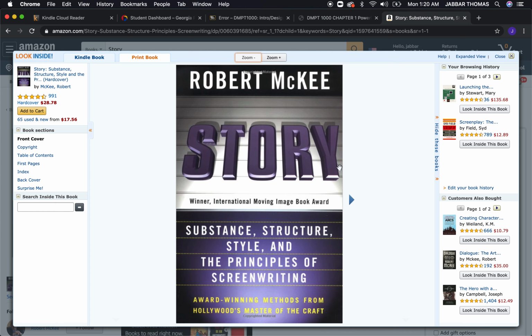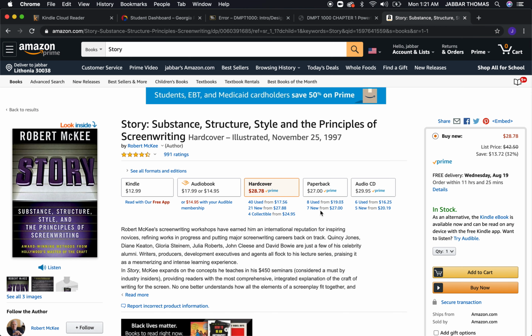But once again, Robert McKee, Story, great screenwriting book, and it's something definitely that I recommend. That's really what I would call the holy trinity of screenwriting for me: Save the Cat by Blake Snyder, Story by Robert McKee, and Sid Field's Screenplay or the Screenwriter's Workbook. For me, that's like the holy trinity of screenwriting textbooks, because they all have different pieces of a puzzle that you really need in order to make a superior screenplay.